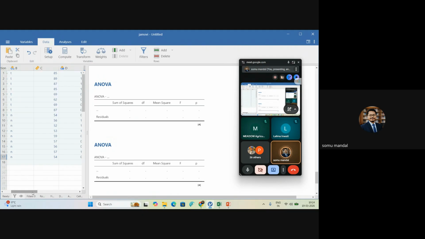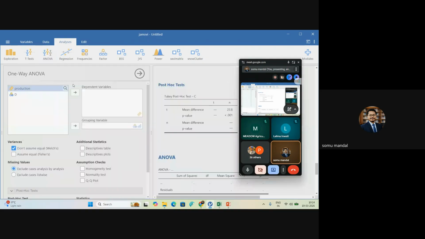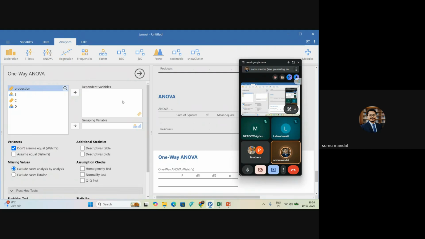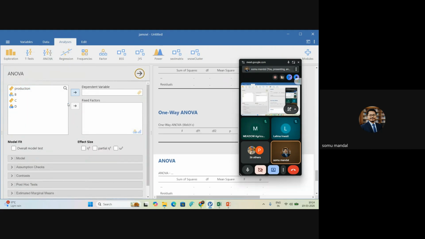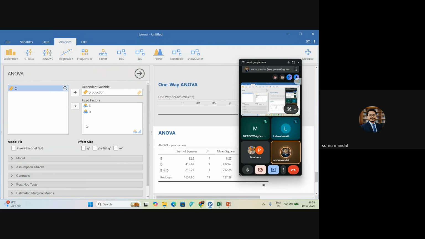So we can also analyze these particular things by the application of two-way ANOVA. Two-way means there are two independent variables. One-way means one independent variable. Here we only consider one-way analysis. One-way means there is one dependent variable as well as one grouping variable. That's why it's called one-way. But in case of the ANOVA, here you consider 2, 3, 4, 5 independent variables and try to find out the impact on the agricultural production. So production is your dependent variable, with the different companies' fertilizer, and the irrigation, yes or no.